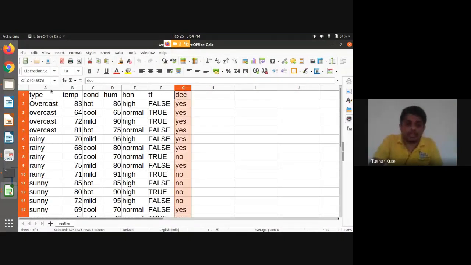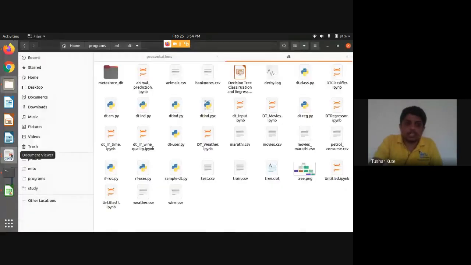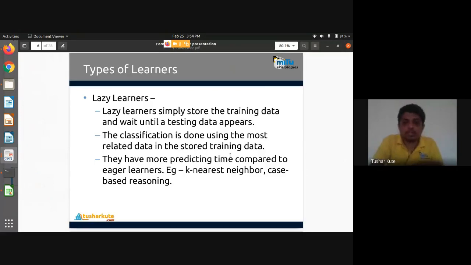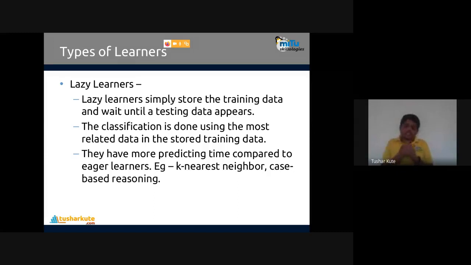Okay, so these input variables are called features, and the output variable is called the label. Remember, whenever we are building a classification model, it's required to know what is input and what is output, just like the case we have seen for the regression algorithms. So in a classification system, there are two different kinds of learning methodologies used. The method that a classification algorithm follows to learn something is called a learner algorithm.